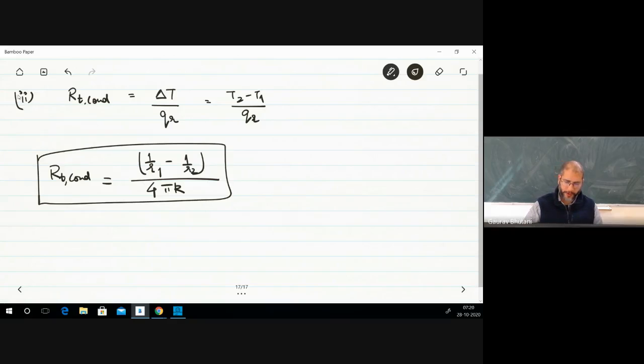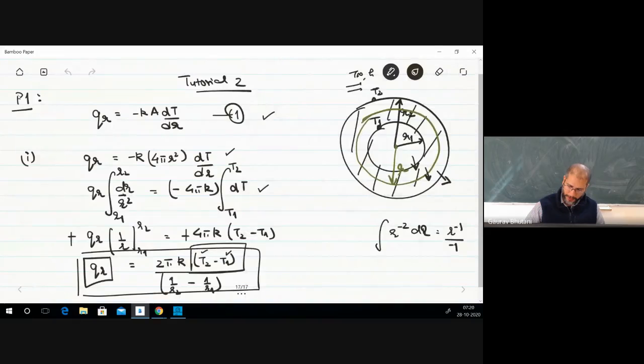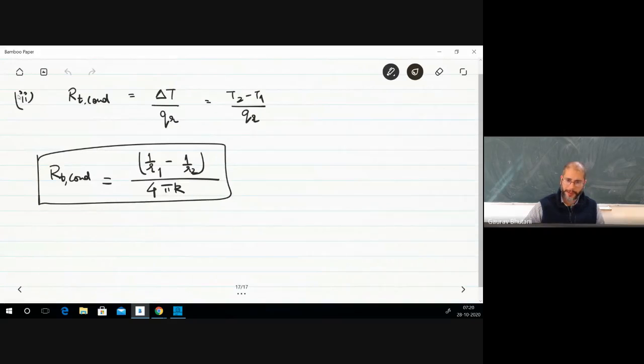We can always check again later, because we define conduction resistance as positive, but resistance cannot be negative in this case. So we change the delta T accordingly. So this gives us a positive value, and this is the expression for our conduction resistance. All right, so the third part